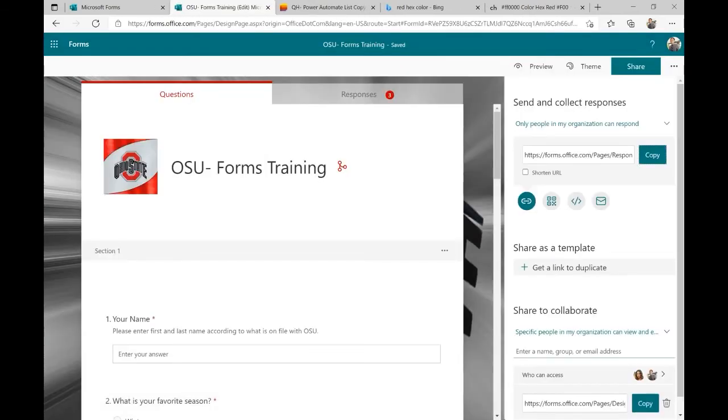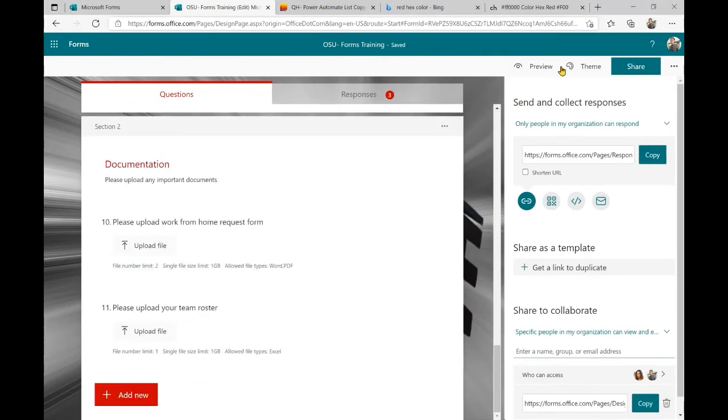Any questions about that before we move on to List? List doesn't take nearly as long as Forms, so that's why we're wrapping it up in the last 20 minutes here. Can a back button be added in case the respondent wants to change an answer? If your form is one page, no back button is necessary. If you already have two sections, the back button will already be there.